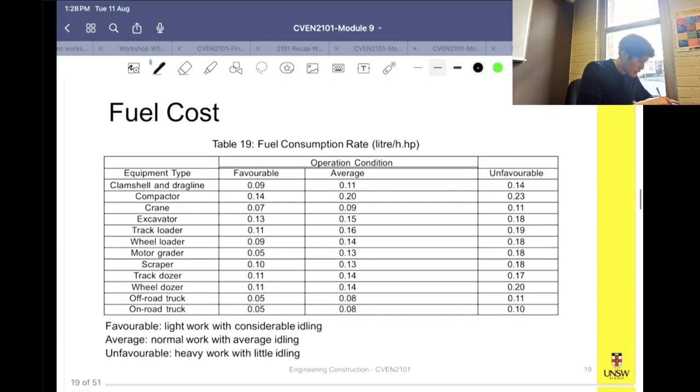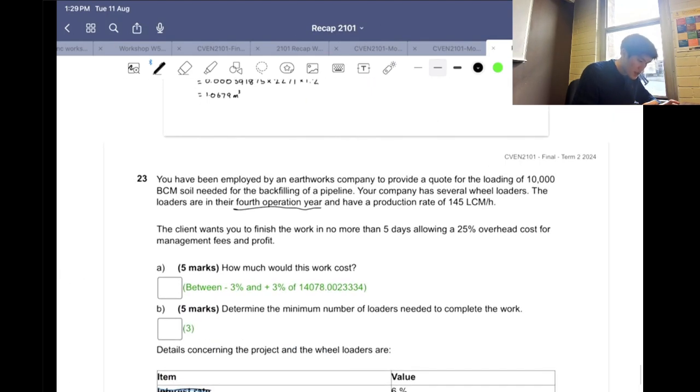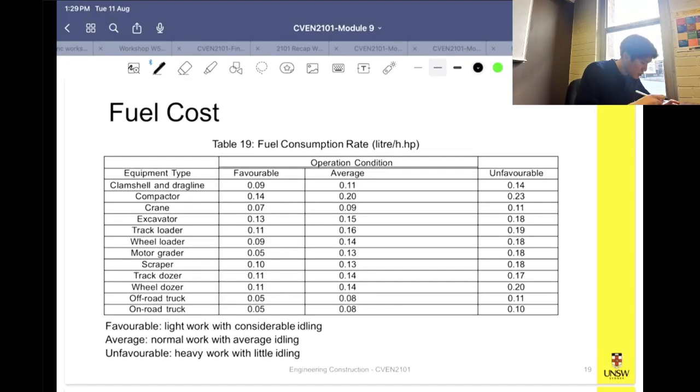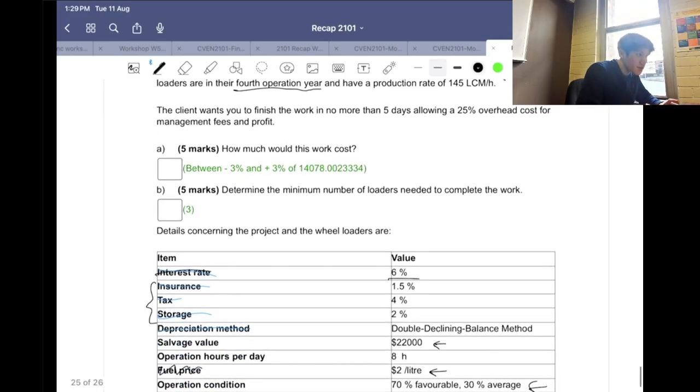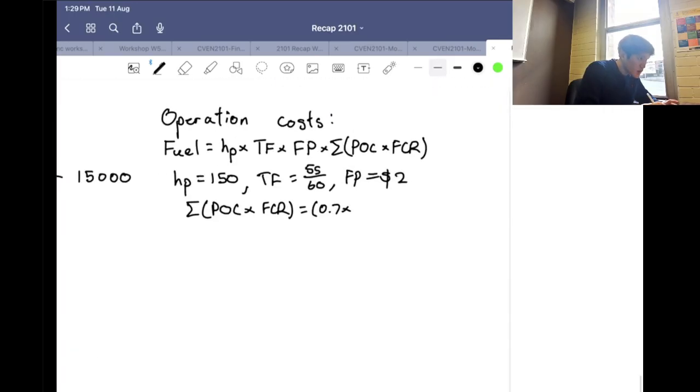Yeah, so favorable, and it is several wheel loaders. So you just look at the table, wheel loader. For the favorable, it's this one, and for average, it's this one. So 0.09 and 0.14. So that's your FCR for a favorable condition, plus 30% of it is average, which is 0.14. And that should give you